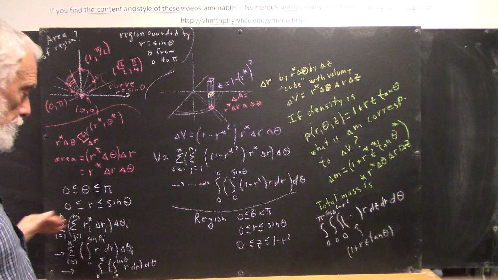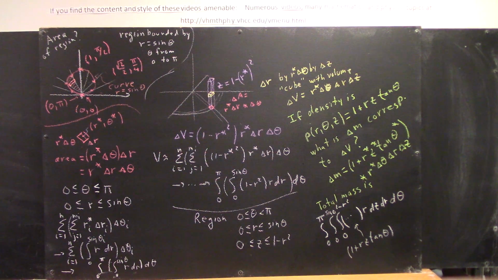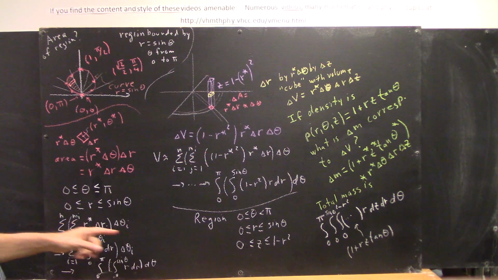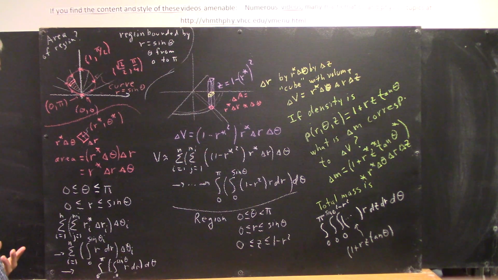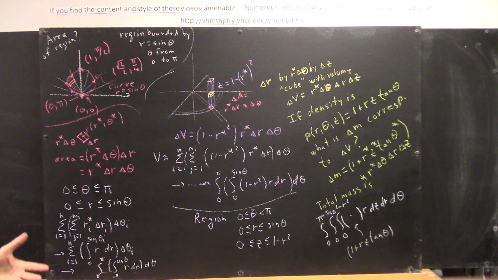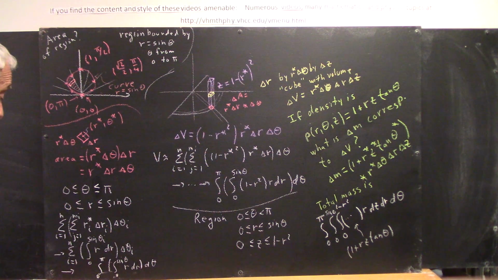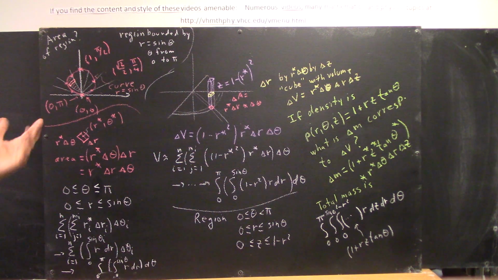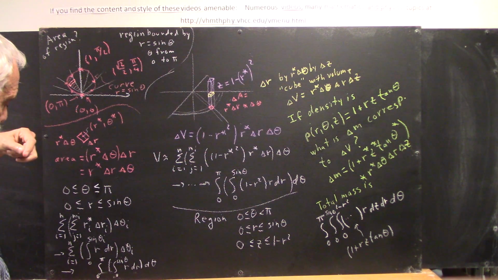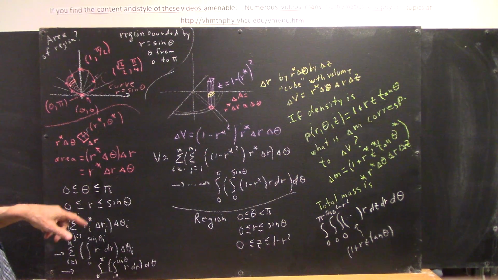Well, that's the meaning of this thing, and you should know that. You've done this in first year calculus. That sum is going to represent our area. And that sum, if we take limits as our delta thetas and delta r's go to 0, leads us to the, well, okay. Let's just take the limit as our delta r's go to 0. Then